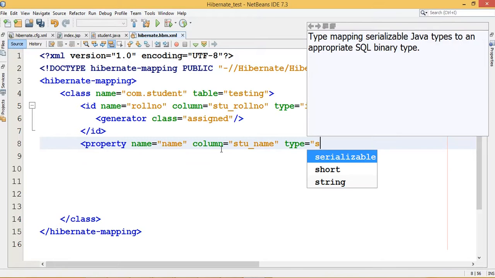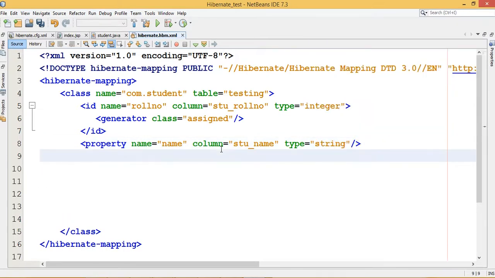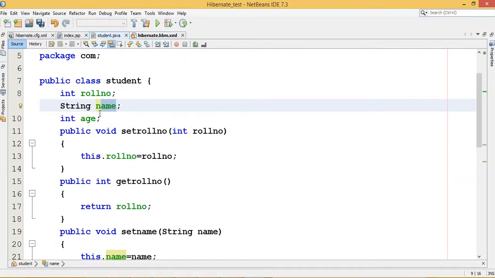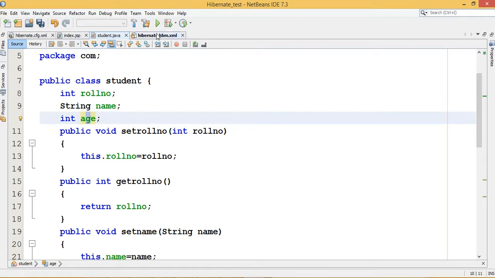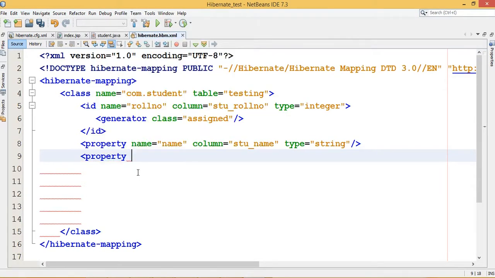The type must be string. That's it. Now I want to map the age. Age is the third property. How can you map it? You require the property tag, name equals age, then column equals stu_age.